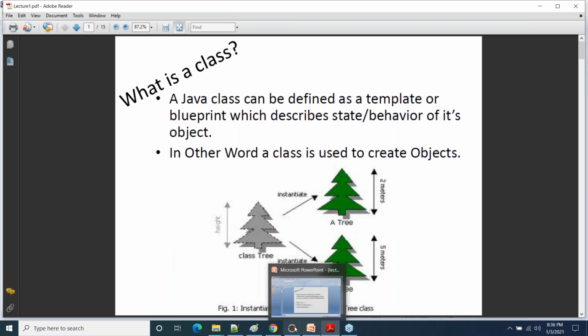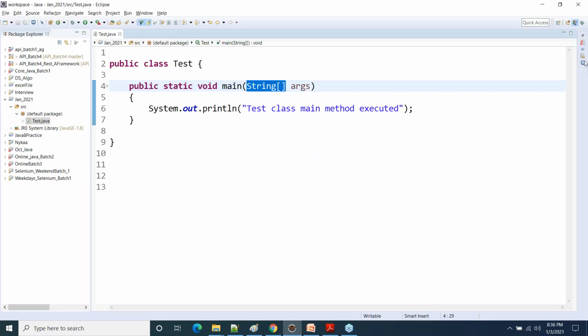What exactly is a Java class? What is a class in Java or in any object-oriented programming language? What is class? Any idea?